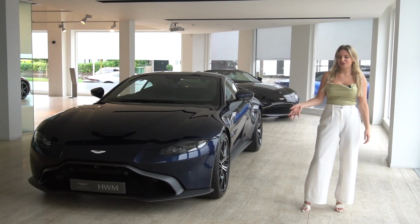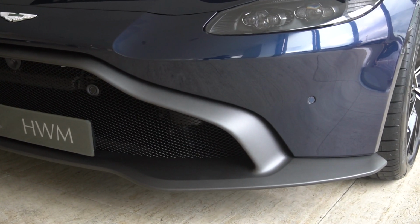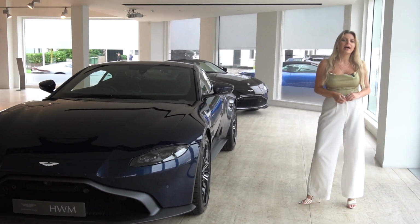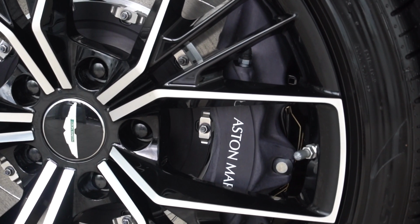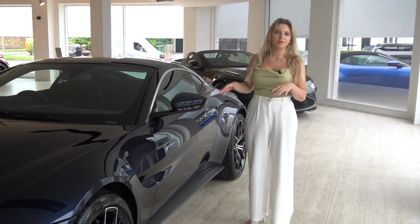Starting at the front of the car, we can see that we've got a lower body pack in graphite. We also have a mesh grille at the front of the car. Looking at the wheels, these are gloss black diamond turned snowflake wheels, and they also have an anodized caliper hidden behind them. We also have a chrome window finisher, which I think adds a little bit of elegance and class